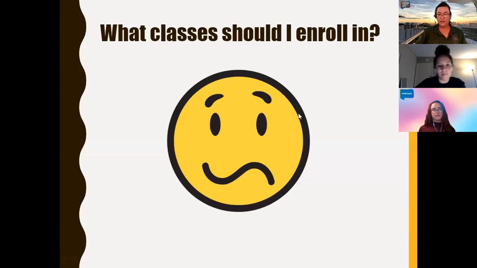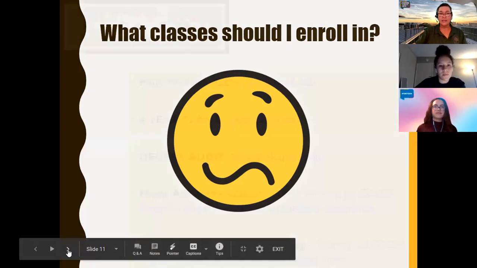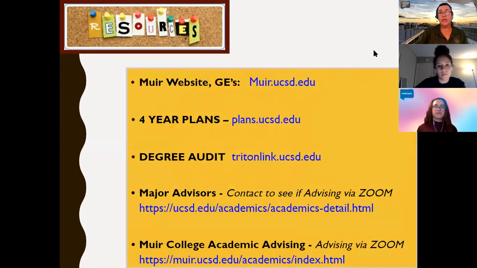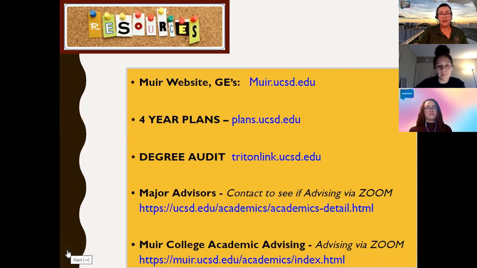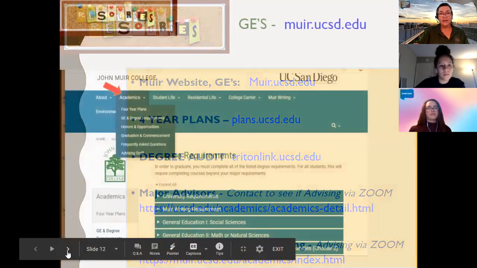Okay, so now that you have all this important information to get you started, you're probably wanting to know, okay, so what classes should I take? And this is where we go into the resources that are used by our peer advisors, our advisors, and pretty much everyone and anyone on campus, and most importantly, you, the student. So we're going to be going into a deeper dive on the Muir College website, our 4-year plans, the degree audit. Your major advisors are also a great resource, as well as your Muir Academic Advising Office. So take it away,